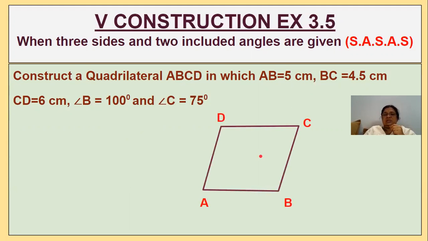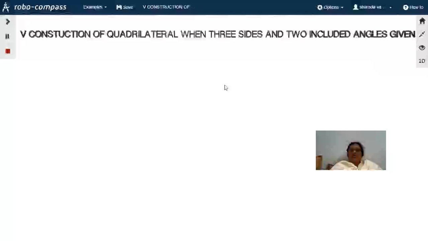So this is a quadrilateral with four vertices, and we know AB is 5 centimeters, BC is 4.5 centimeters, CD is 6 centimeters, and the angle at B is 100 degrees and the angle at C is 75 degrees. We have drawn a rough diagram, and I'll show you how to construct this quadrilateral. See, this is the fifth construction, the construction of a quadrilateral when three sides and two included angles are given. So for this,